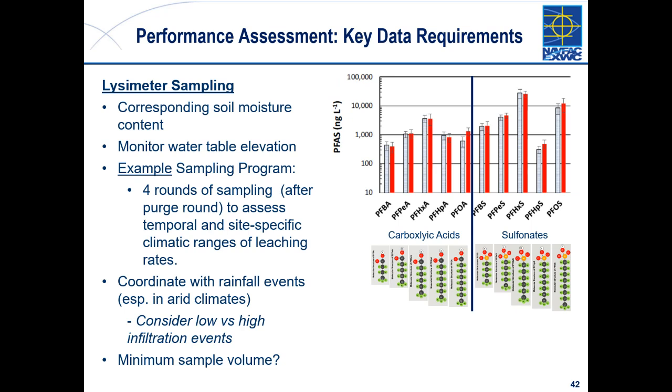Regarding rainfall events, I think it's useful to get samples after a mild or moderate rainfall event, as well as some higher storm events. One big question is what minimum pore water sample do you need? I think that can be a little bit site specific, but what we found is we probably like to have a volume that's at least 5 to 10 mils, and certainly the more the better. But that's certainly also a factor in how you evaluate some of these collected data.